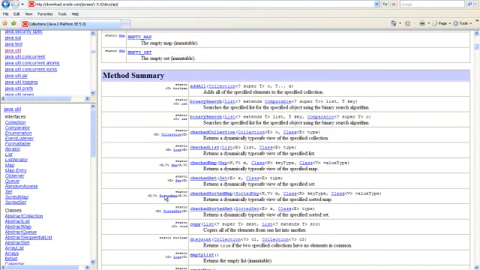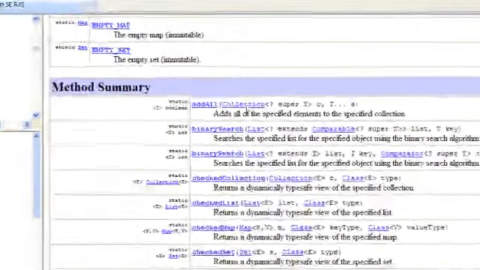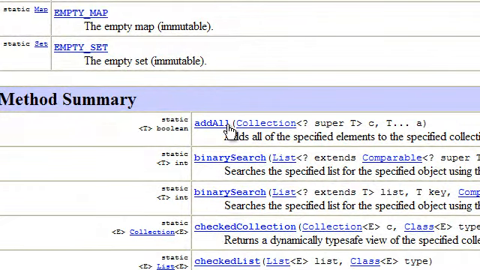All these algorithms, although these methods, they're public and static, which means you can invoke those methods through the class name. Like you can say Collections.addAll. And also let's take a look at the parameter, and most of them require you to have a list, or some are more general like a collection. So if you're wishing to use the algorithm inside the Collections class, most likely you're going to convert it to